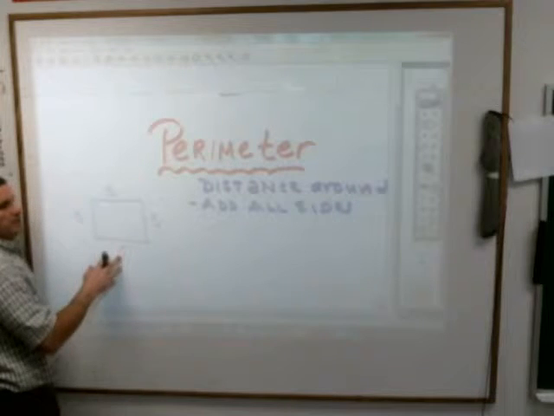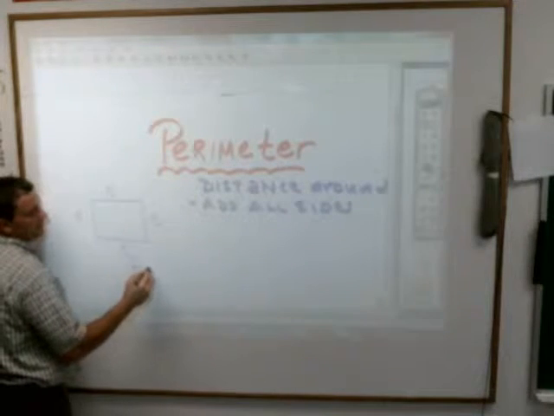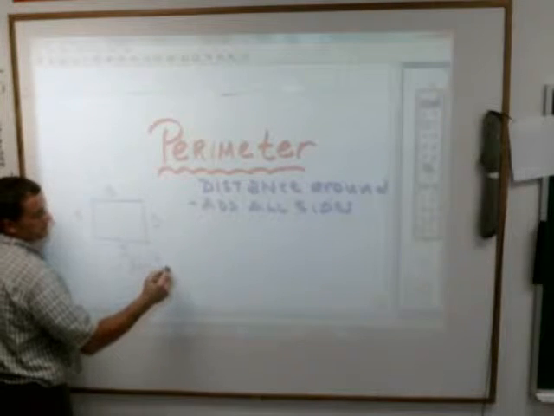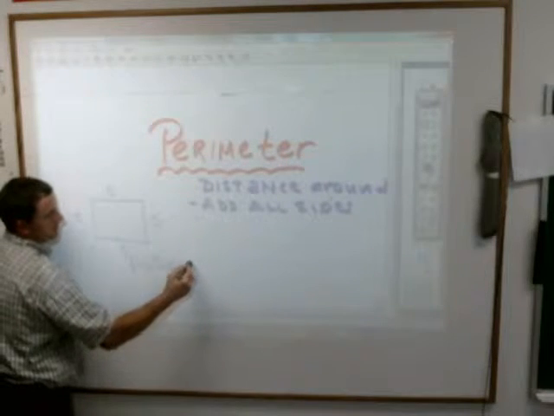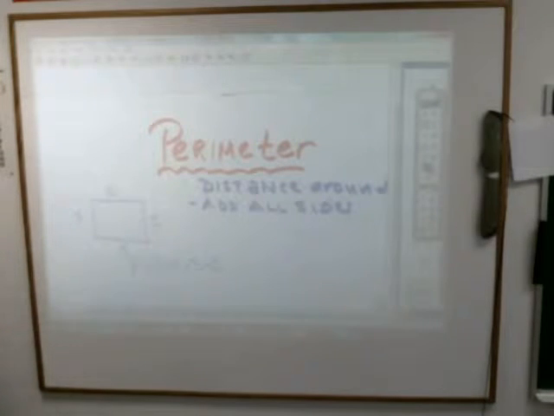Right, you only need to know one side to find the perimeter because all four are going to be the same. So the perimeter is going to equal S plus S plus S plus S. But rather than writing it out in that long, complicated way, because all the S's are the same, the shortened, condensed, 7th grade way to do this is perimeter equals